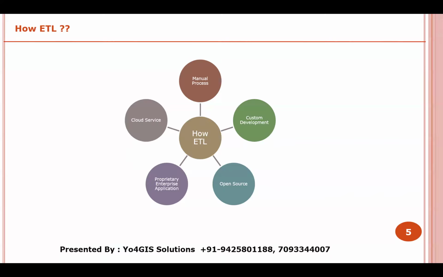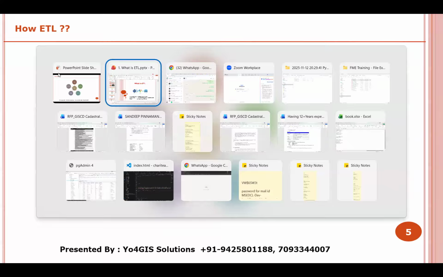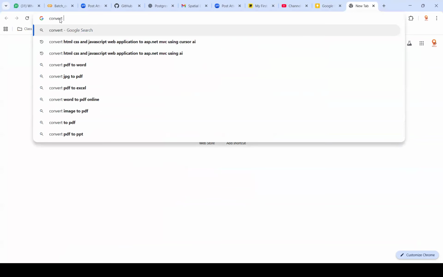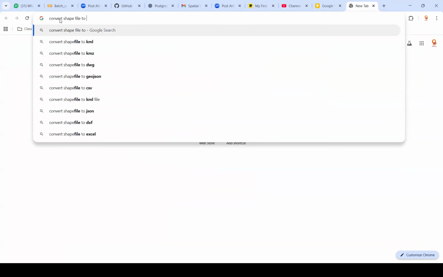But whenever we are working with enterprise-level applications, then definitely we have to go with a proper proprietary enterprise application like FME. Then after that we have cloud-based services. There are some cloud-based services also available which we can use to transform our data from one format to another format. Like here, if I simply write